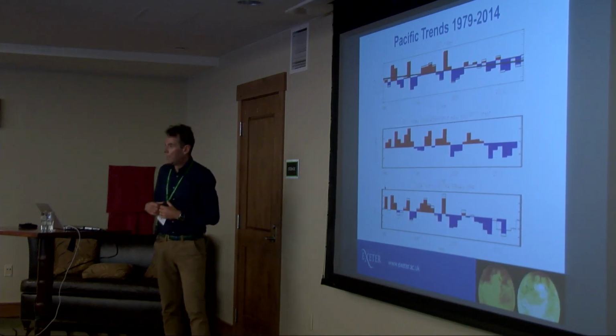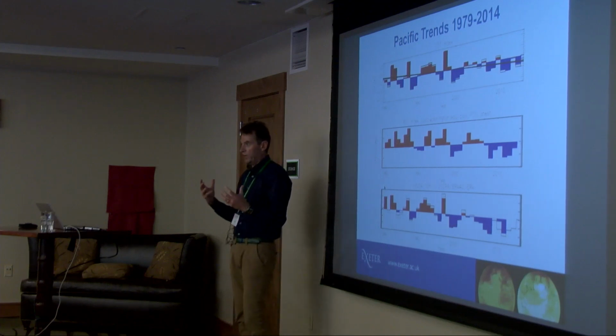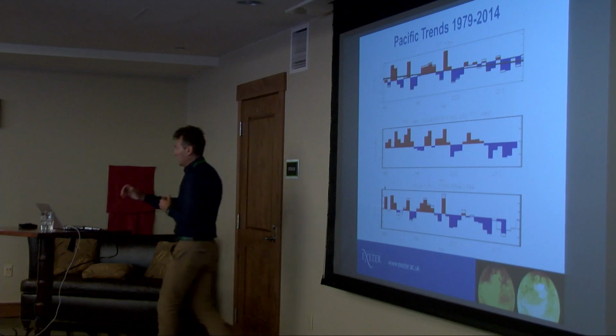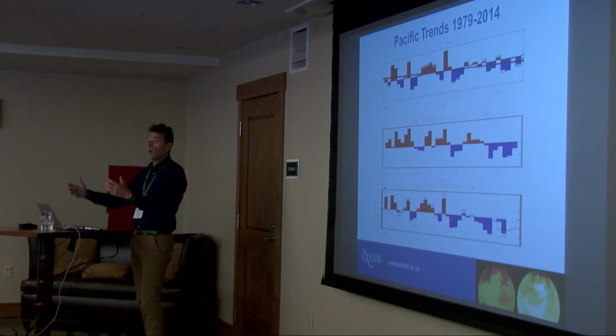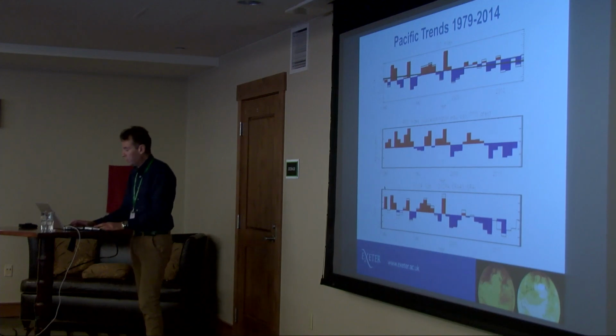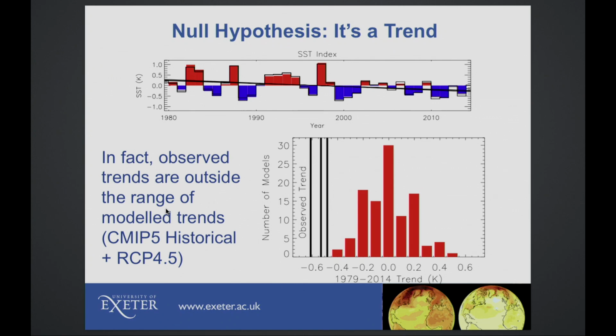I don't have an answer as to whether this is really a trend or not, but I think it's useful to think about it in this way and work out the ramifications of what that would mean for all the work that we've done on forced climate change over this period. So if we take the null hypothesis that it is a trend pattern, and I'm willing to accept that it's not, but let's just assume for the purpose of this part of the talk that it is,